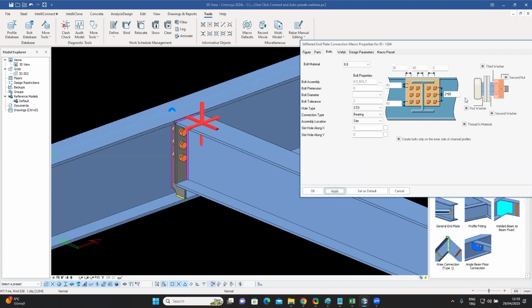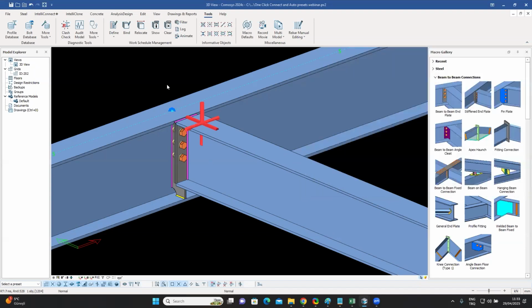And for this also, I need to maybe remember what my company standards are and things like that. I need to probably think about the bolt diameter. Maybe I need to change the bolt diameter to something else. I need to think about the welds over there and maybe make a decision about what weld size. These are small decisions, but even if you are an experienced user, an experienced steel detailer, it will still take you